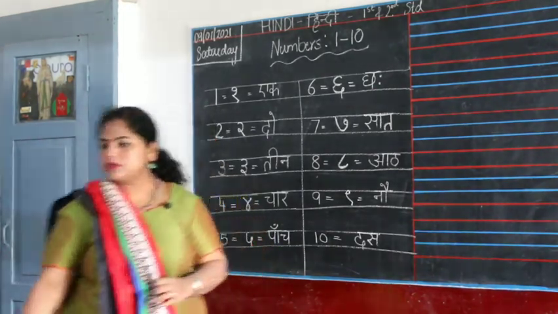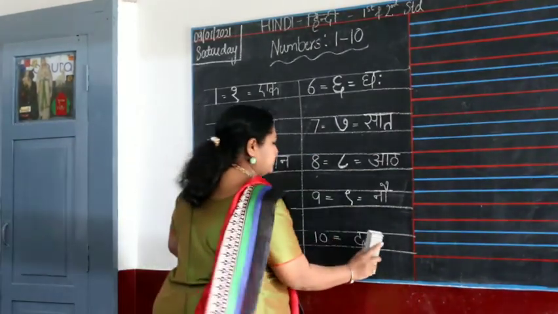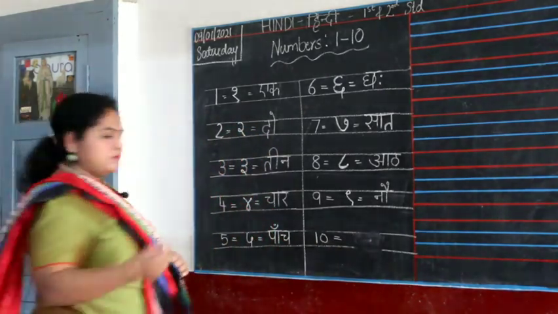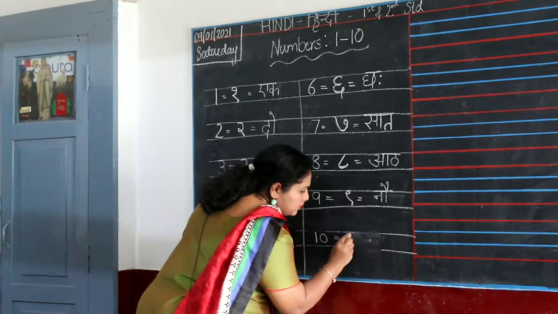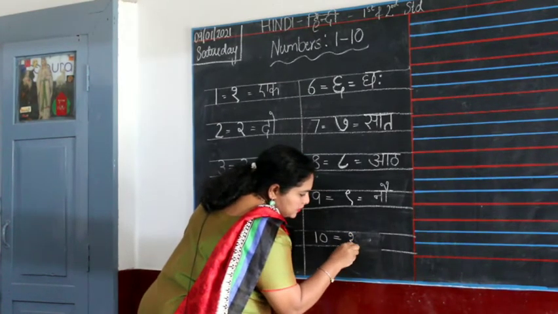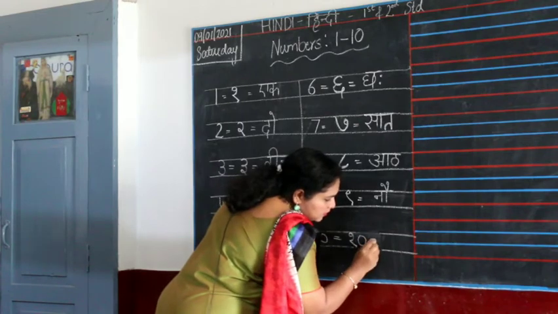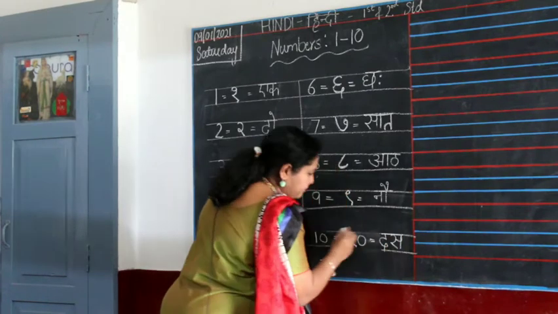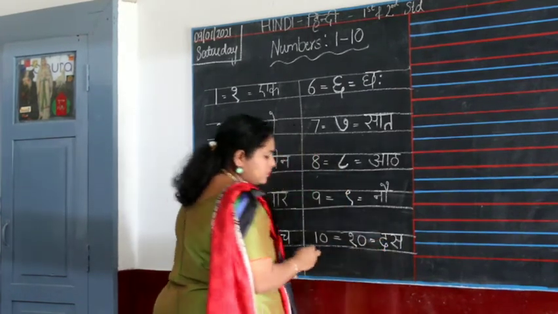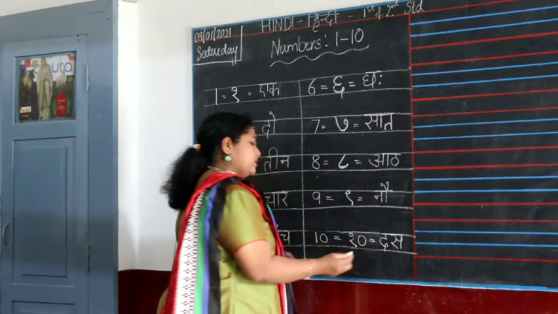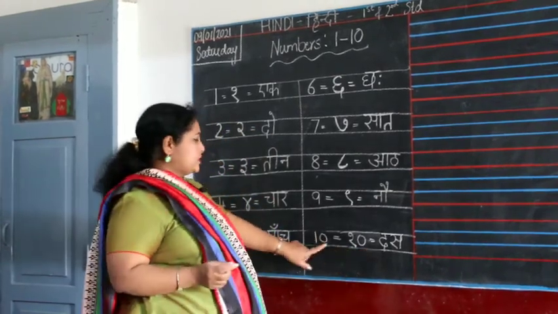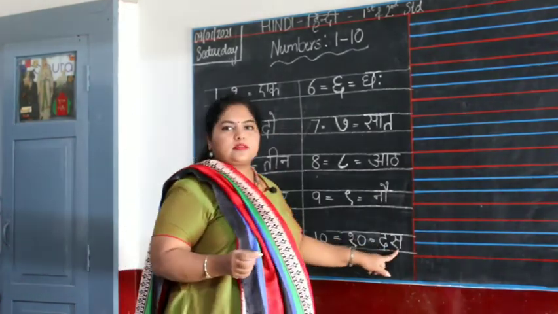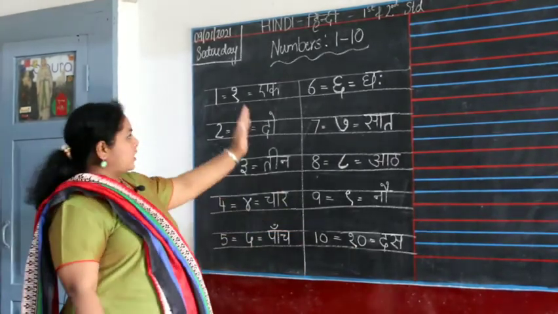That's the one which I have not written in numbers. So your 1 and the tail here and Shunya is your 0. Das. There's a small tail here and Shunya is 0. So 10 is written as 1 and your 0, that's Shunya, Das. Okay, so this is from 1 to 10.